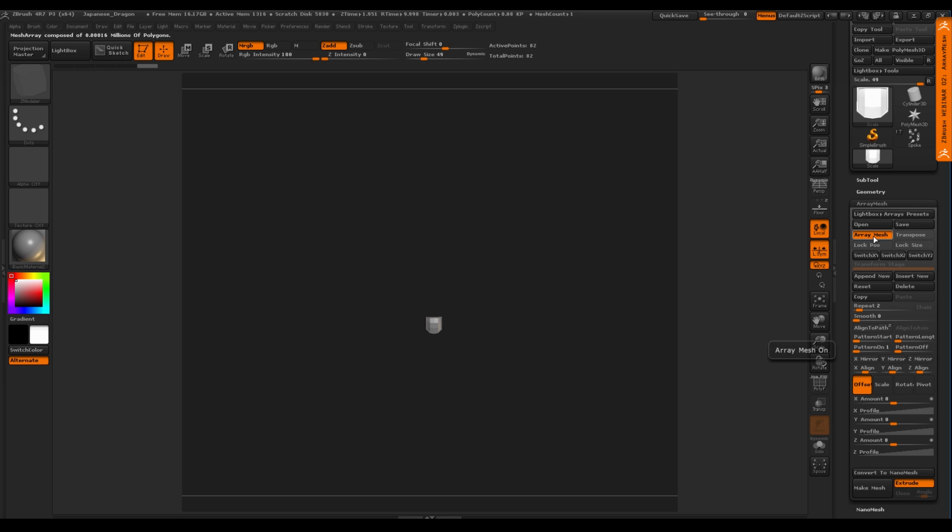So I'm going to turn on my array mesh. Okay. I'm going to lock the positions and the size because I don't want the shape of this scale to change as I start messing around with this. Okay. And so what I want to do is I probably want to repeat it. I don't know. Let's just guess here, maybe 12. Let's shoot for 12. Let's see what that's going to look like. And what I want to do now is rotate around the Y, right?